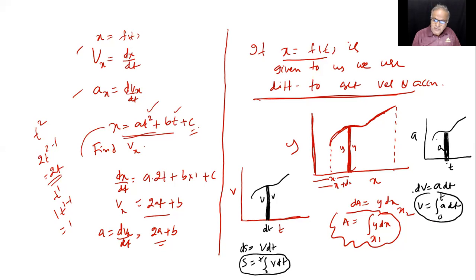So these two things are required for us. That means if I know v as a function of time, by using this formula, I'll get displacement. If I know a as a function of time, by using this formula, I'll get velocity. This is a reverse process, is what you mean by that. Here, if x is known as a function of time, differentiation gives you vx and ax. But if ax dt is given, I'll get dv. If vx dt is given, I'll get dx. So this is the integration formalism. This is the differentiation formalism.